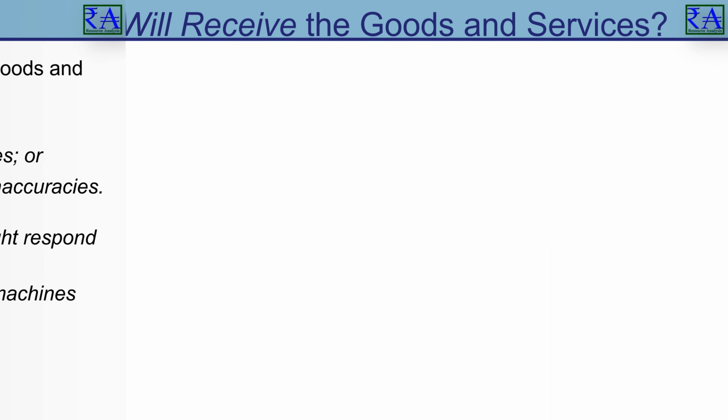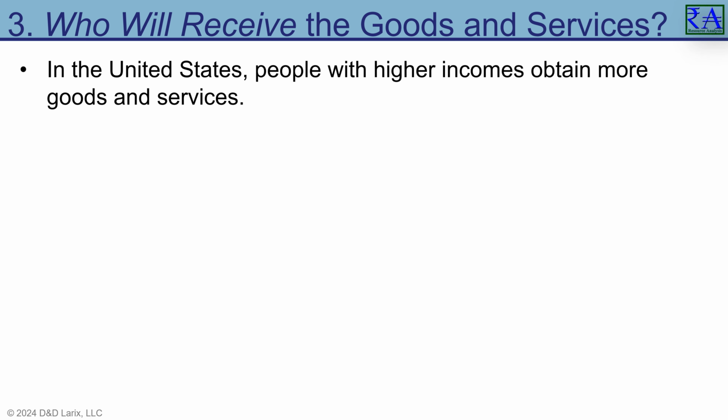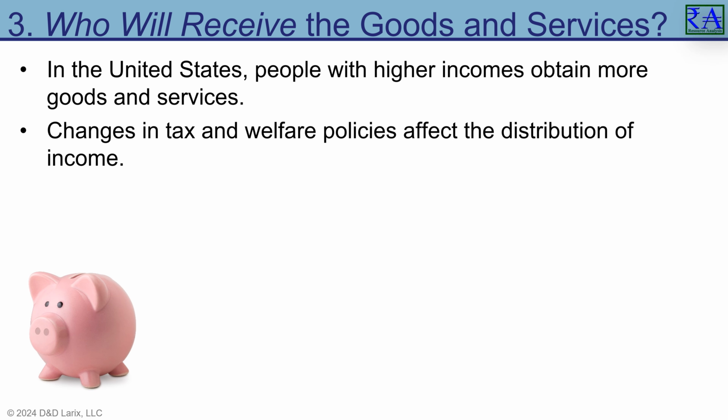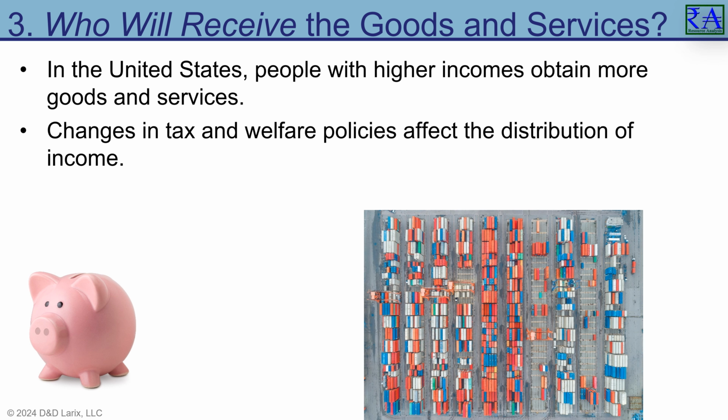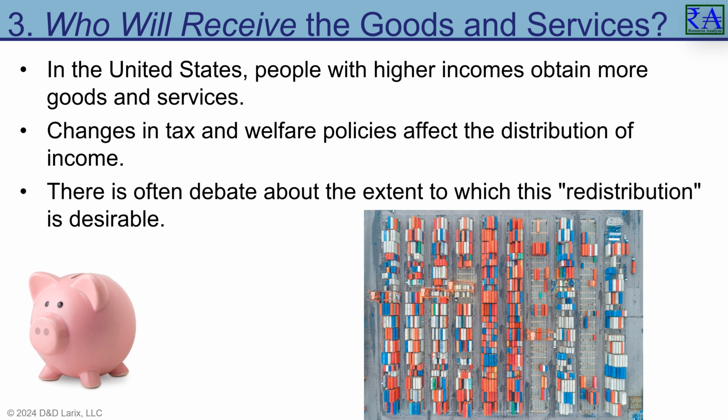In the United States, the distribution of goods and services depends largely on income distribution. Higher incomes typically allow individuals access to more goods and services. This raises important policy questions about whether and how the government should intervene to make income distribution more equal. The debate over income equality is significant and ongoing. For instance, should a high school lifeguard earn the same as a medical doctor who has spent many years in education and training? This question highlights the complexities of income distribution.